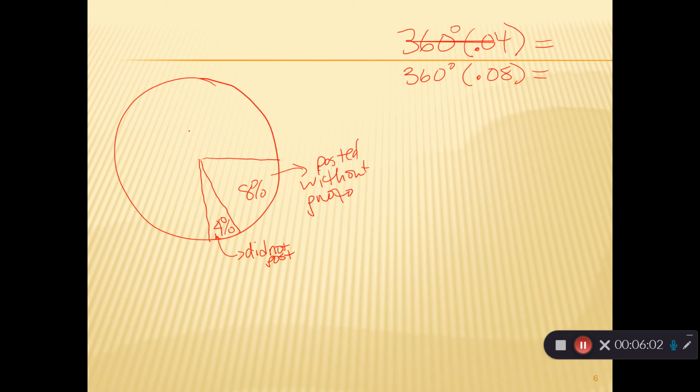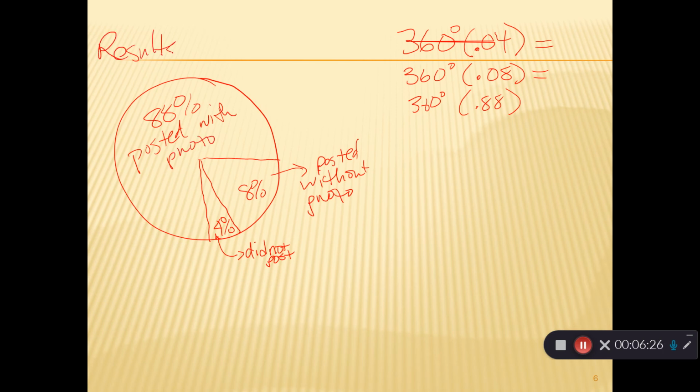And then the remaining percent should be 360 times 0.88, and that's going to be the degrees represented here. The degrees is that circular representation of the angle measure. And so this is going to be the 88% that posted with a photo. And again, we title it Results of Initial Post